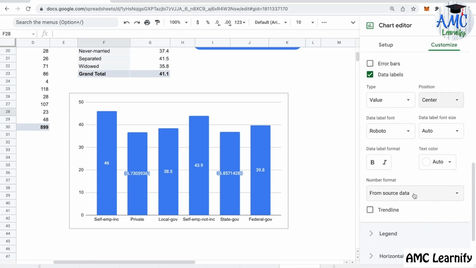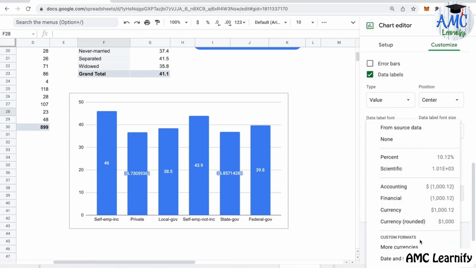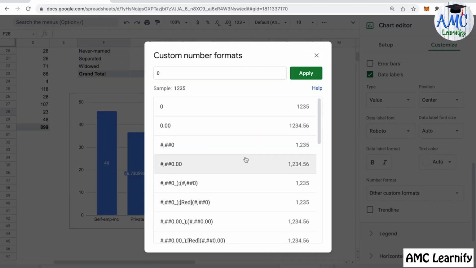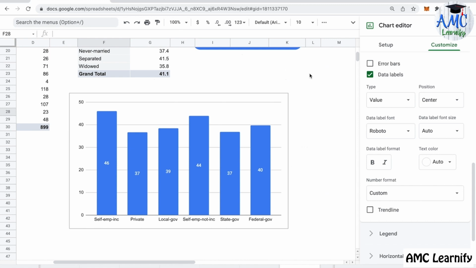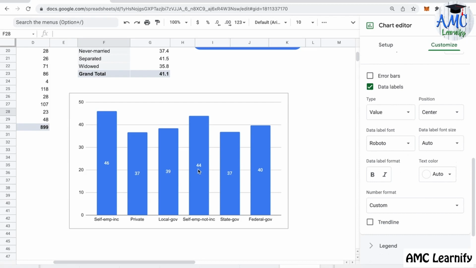Furthermore, you have the option to change the number format of the source data. For instance, you can select a custom format, such as 0, to make the average number of hours for specific work types more distinct on the bar chart. While we can leave the formatting aside for now, the key point to highlight is that by placing this chart